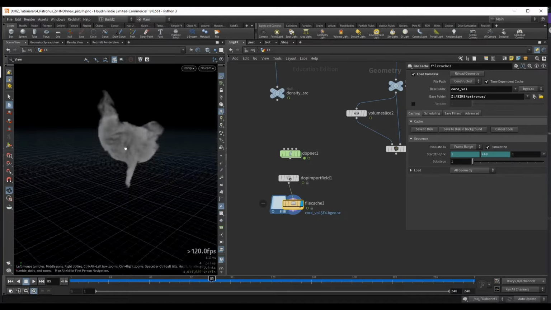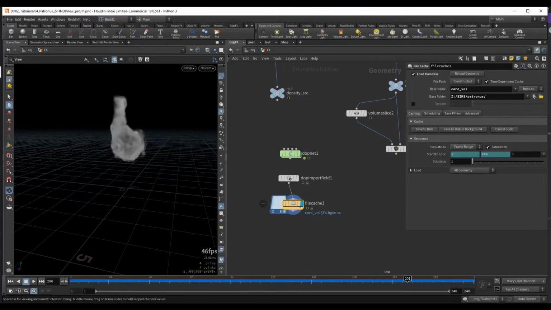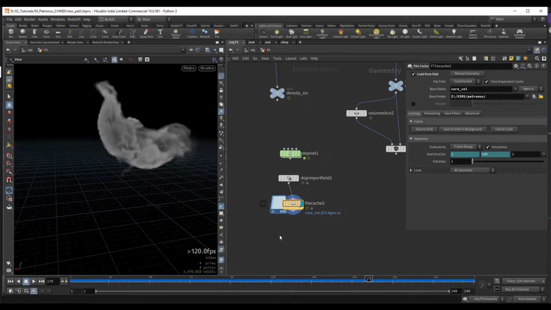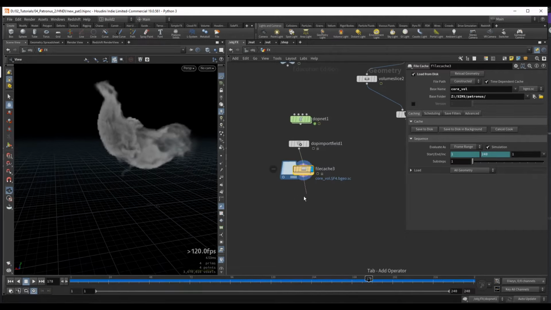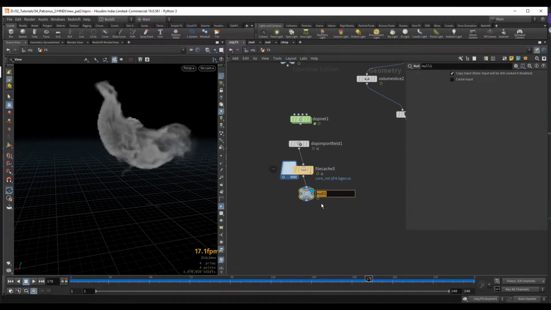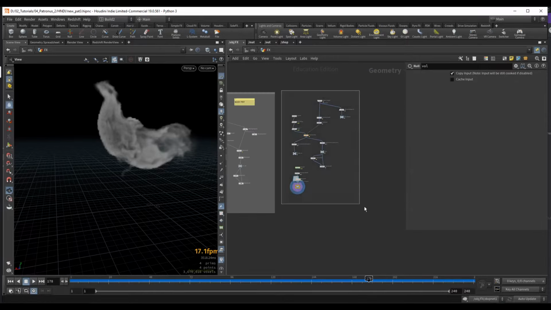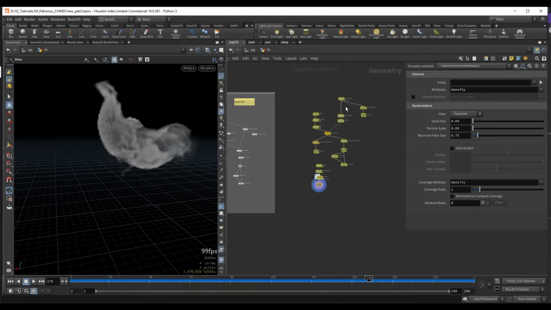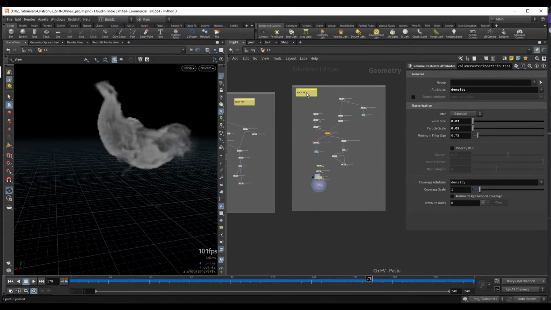So this will be our smoke simulation, and we will now use this simulation to drive some particles. So from here I will drop down a null, and we will rename this to vol for volume. Alright, and let's bring all of these over a little bit. So this is our smoke simulation, so I'll press Shift O, and let's encapsulate all of these, and this will be